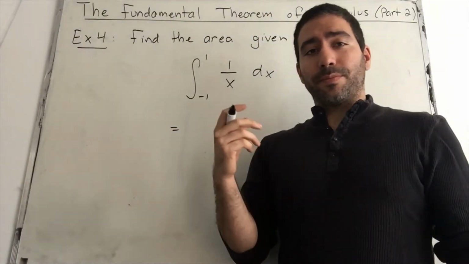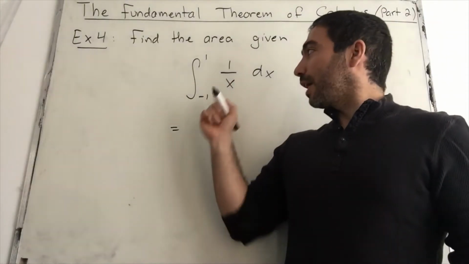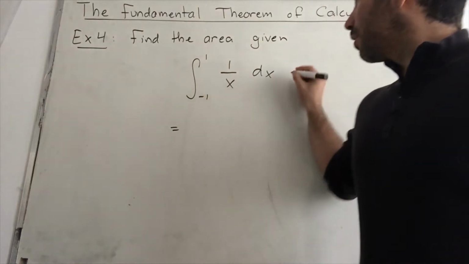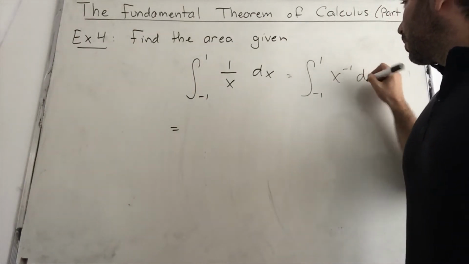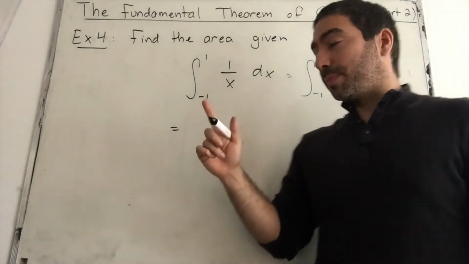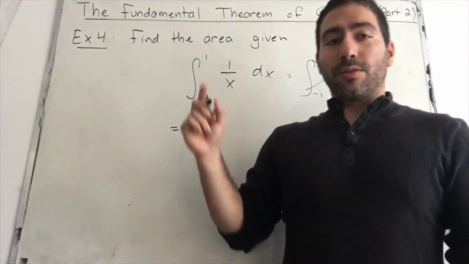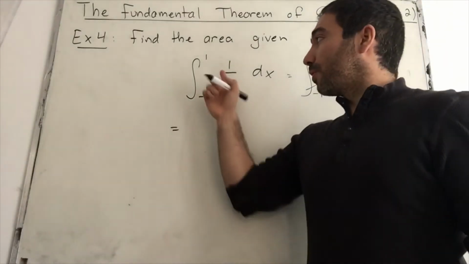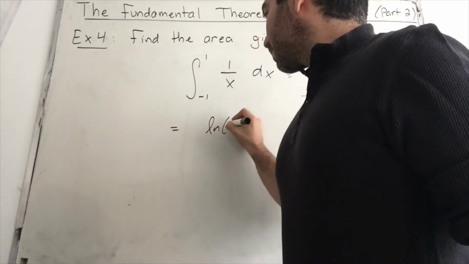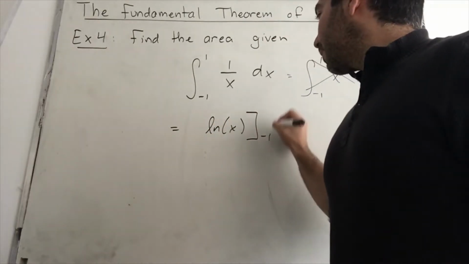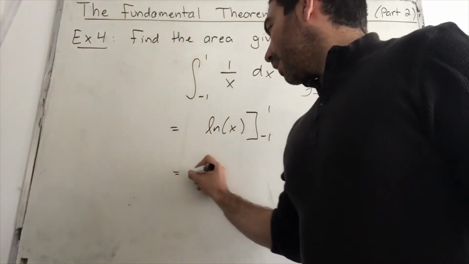You can't use the power rule because remember it doesn't work for the case when the exponent of the x is -1. Okay, so the power rule doesn't work here, so be careful with that. This wouldn't work. So you have to remember that the integral of 1 over x, or the antiderivative of 1 over x, is ln of x. So here we're doing ln of x from -1 to 1. Now we're going to apply FTC part 2, and we're going to get ln of 1